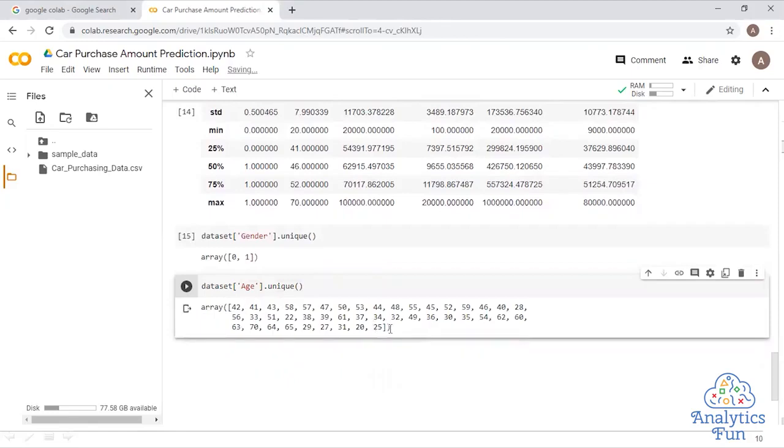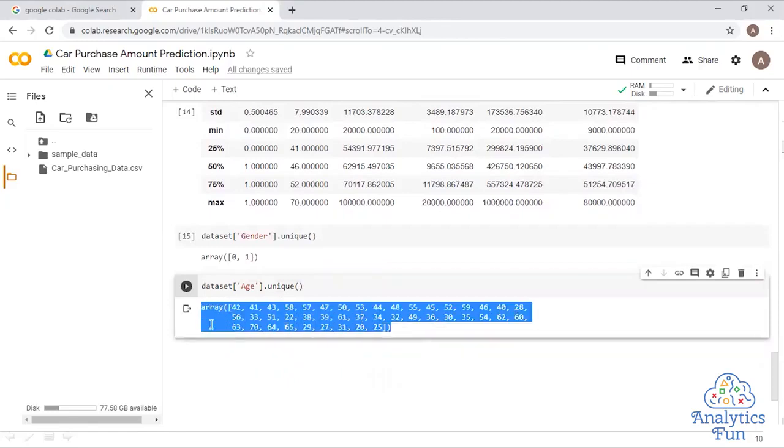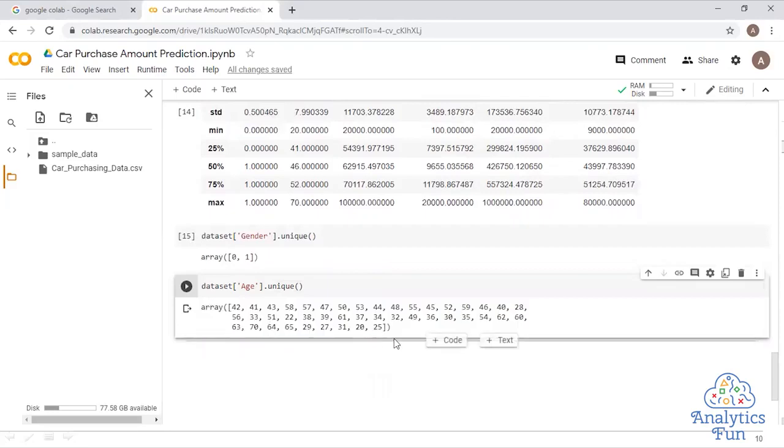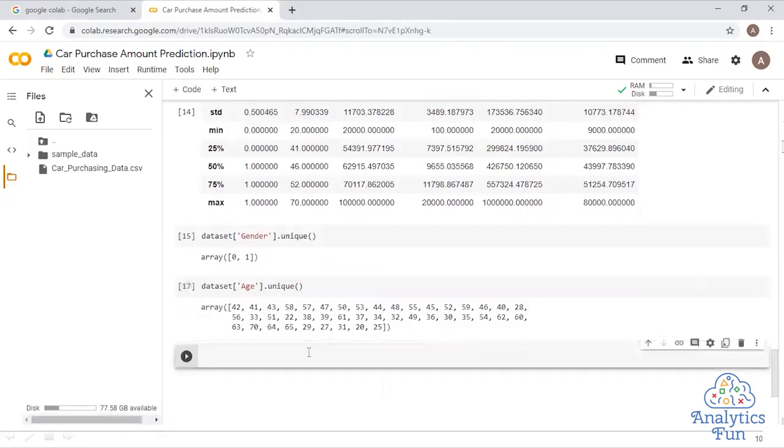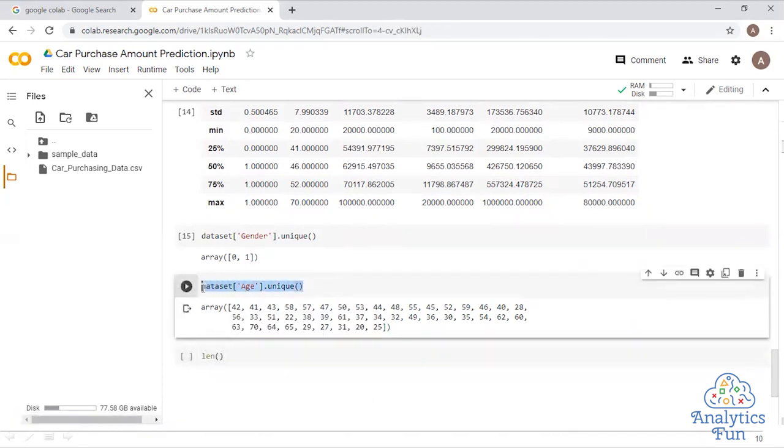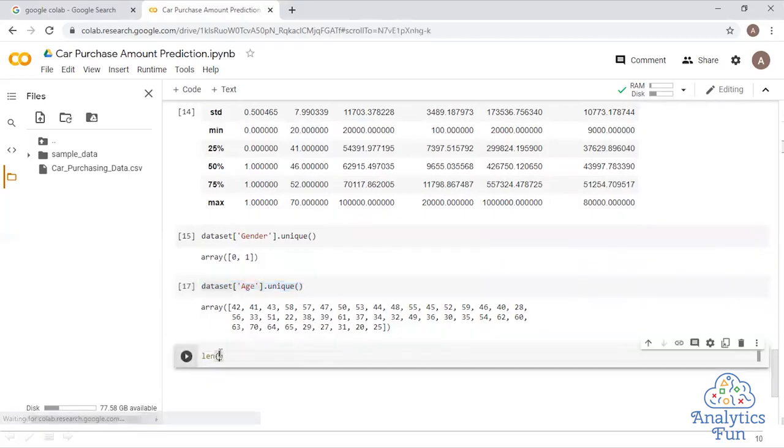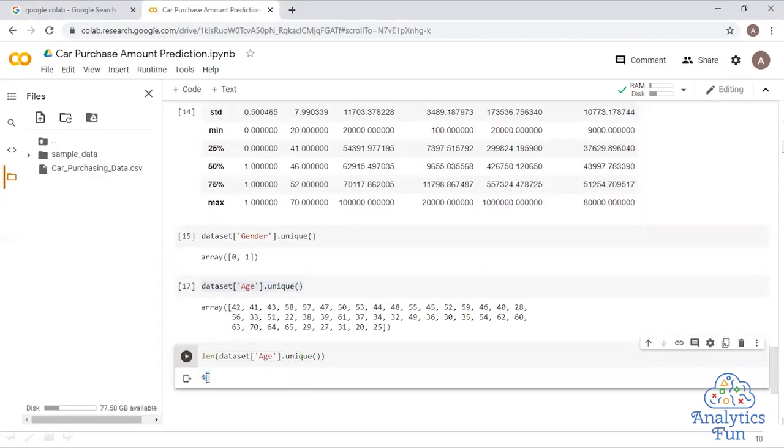Now if you want to count the number of unique values, how can you do that? There are two methods to do that. One is you can use the length, len, which we did earlier also. I will copy this statement and paste it here, and you can see the length is 43. So there are 43 unique ages in my dataset.